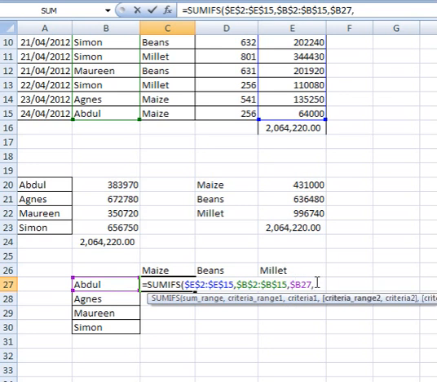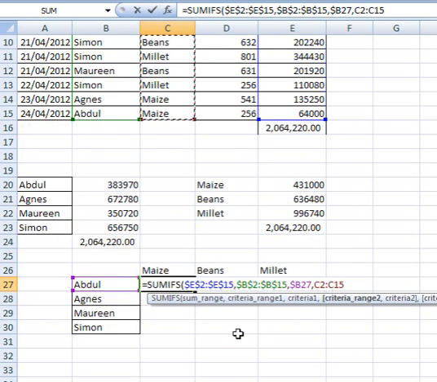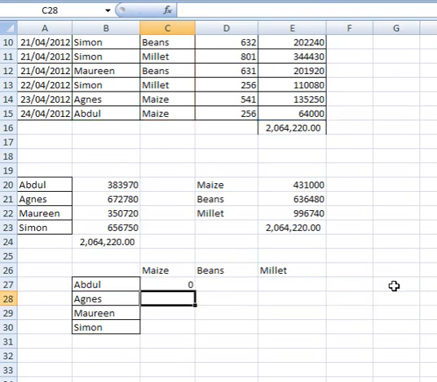Then again, look through this range here and look for beans. So comma, the next one is beans. I only need to fix this one now, so that even if I go downwards, it doesn't change, it remains at 26. I think that's it. Press enter,